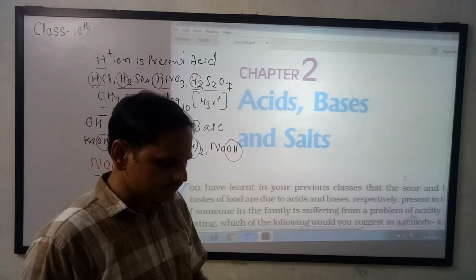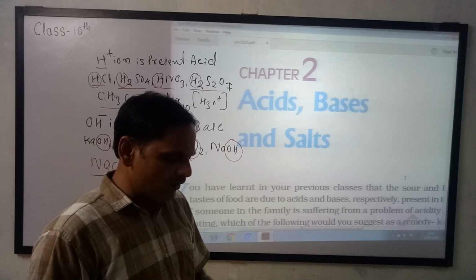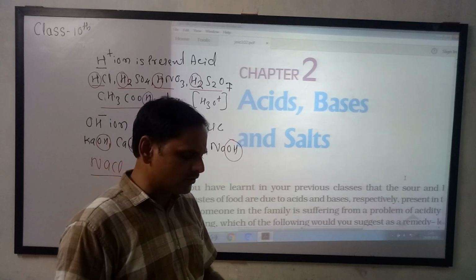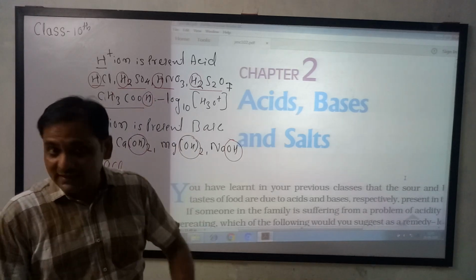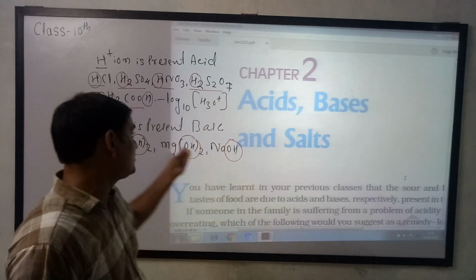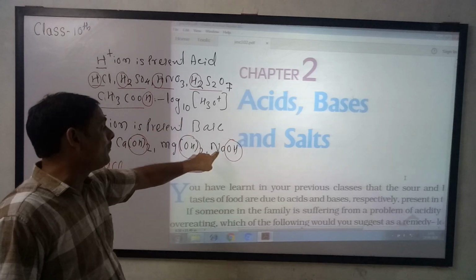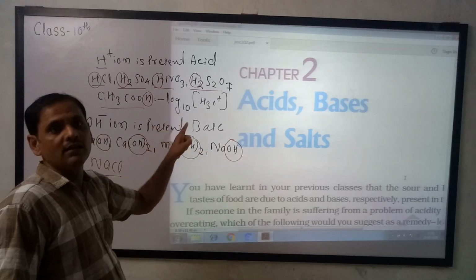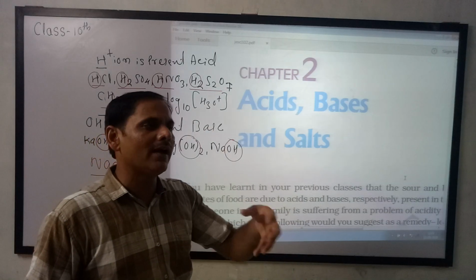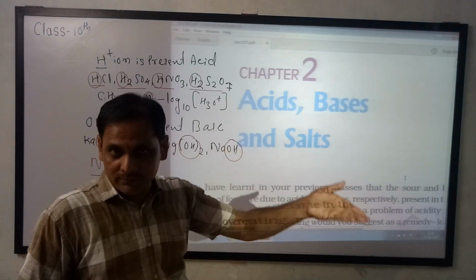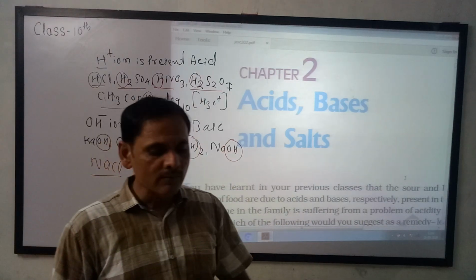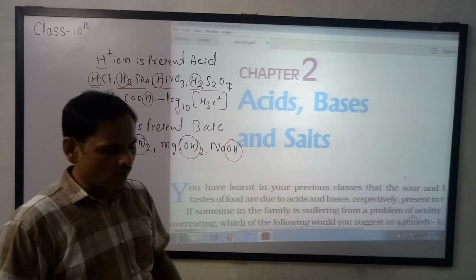Okay, here, which of the following would you suggest as the remedy? Lemon, vinegar, or a baking soda solution? Some person is suffering from acidity, so what do we suggest? Suppose the acid ratio is more here, so a base substance is added. If you gave lemon juice, lemon juice is also an acid, right? If acid is mixed into acid, it will create an even bigger problem. So we use a different type of base substance. This is a very common problem.